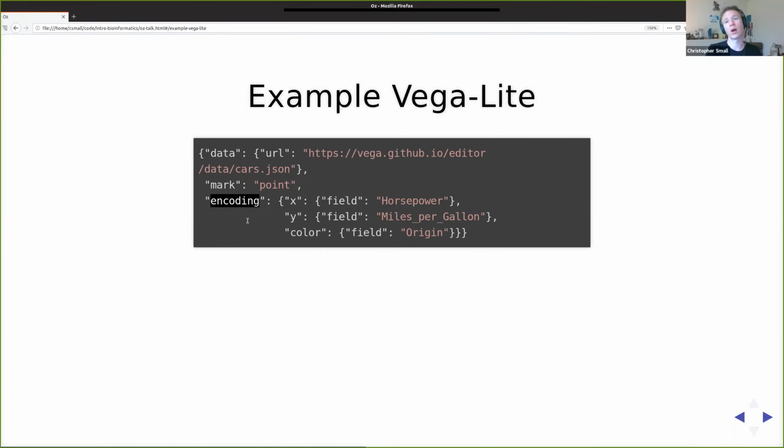Like what properties of the data are we mapping to which aesthetics of these marks that we're creating. So in this case, we're mapping the field horsepower to the X aesthetic of these data points, and we're mapping miles per gallon to the Y aesthetic of these data marks. And then, well, this is not necessary, but it's kind of helpful to see that there are some other properties here that you can specify. So if we wanted to color by another variable like origin, then we can specify that as well